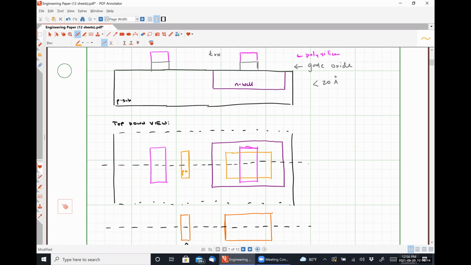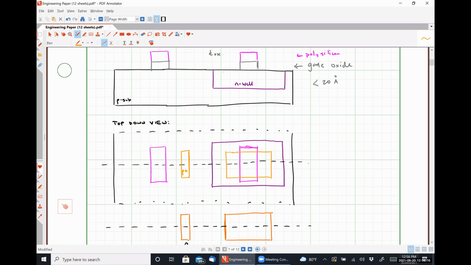So it's going to be bombarded with acceptor ions. And what we will see physically happen from the side view